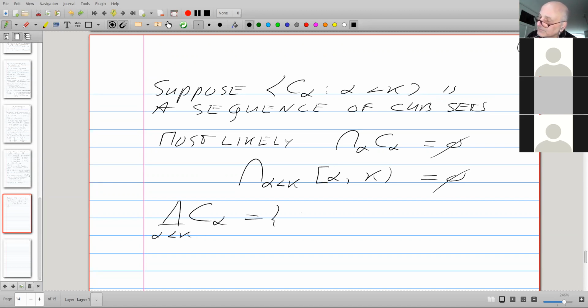You take the deltas with the following property. For every alpha less than delta, delta is at least in the set C alpha. This is called diagonal intersection.